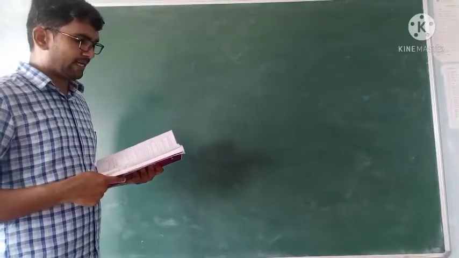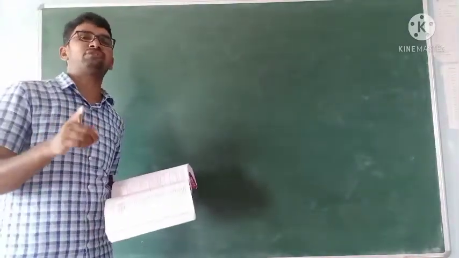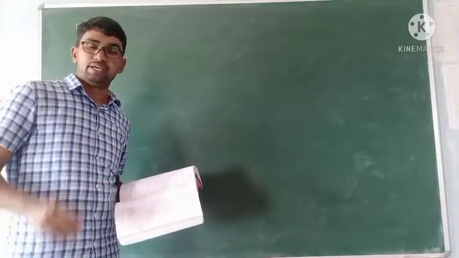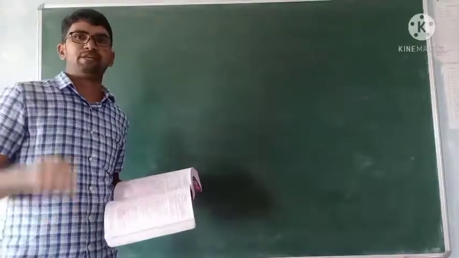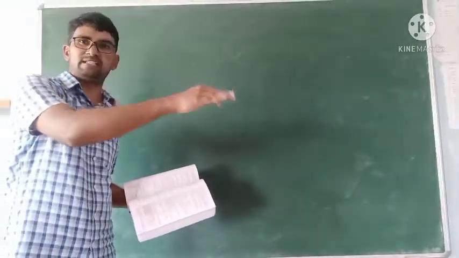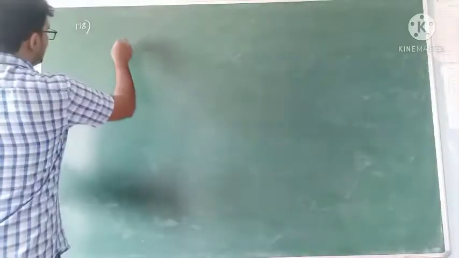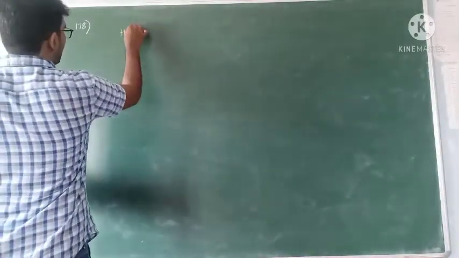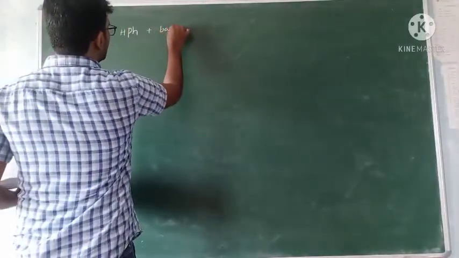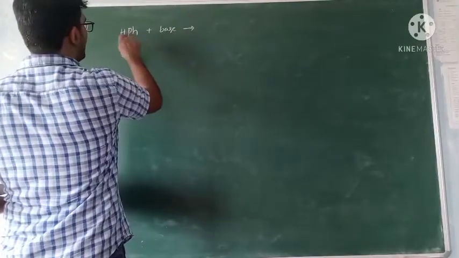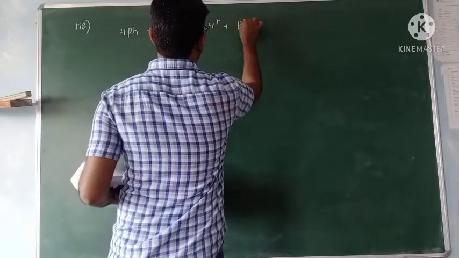178. The pink color of phenolphthalein in alkaline medium. Actually, what is the nature of phenolphthalein? Phenolphthalein is a weak acid. If it reacts with alkaline medium or basic medium, neutralization takes place. Neutralization takes place means the phenolphthalein, write like this, HPh. If it reacts with base, it gives H plus ion, that H plus ion reacts with base. Okay, simply write it H plus Ph minus.